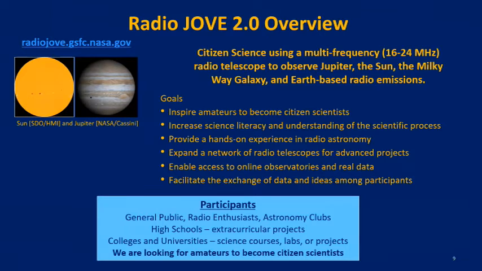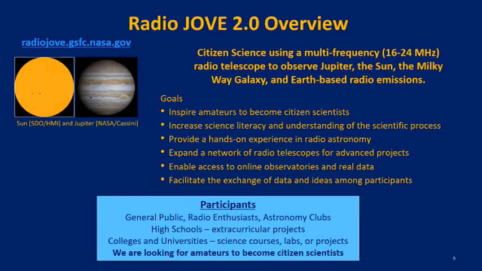You can use it to pick up solar or Jupiter radio bursts, and you pick up the galactic background from the Milky Way. That involved you actually soldering and building the receiver itself, but we're having a really hard time getting those parts, and so we stopped selling those kits last year, and we've transitioned into using